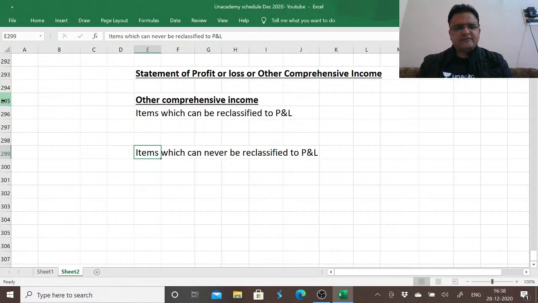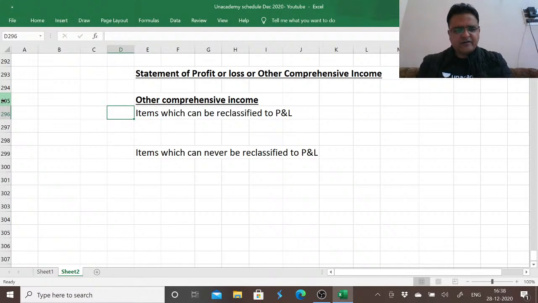So we tell them that the items which can be reclassified to P&L mean that tomorrow, if a decision is taken by the management which directly or indirectly influences this gain or loss, either on settlement or on disposal, then it may be routed through P&L. And if it is being influenced by the decision, routing through P&L means we are trying to give credit for the gains resulting from them, and we will also be holding them responsible for any losses they have incurred because of settling or disposing those items.